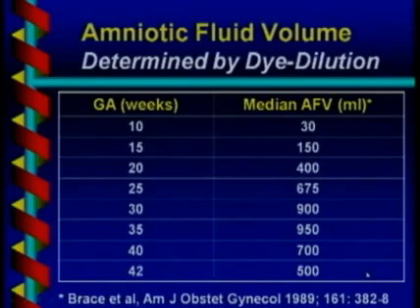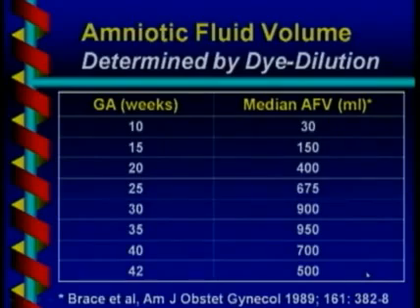If you put in 1 cc or 1 milliliter, and then the next time you stick the needle in a few minutes later, it's diluted 1,000-fold, then the fact that 1 milliliter got diluted 1,000-fold means that there's 1,000 milliliters or 1,000 cc's of amniotic fluid. That's the only way to get actual numbers or actual volumes of fluid, and people have done such studies